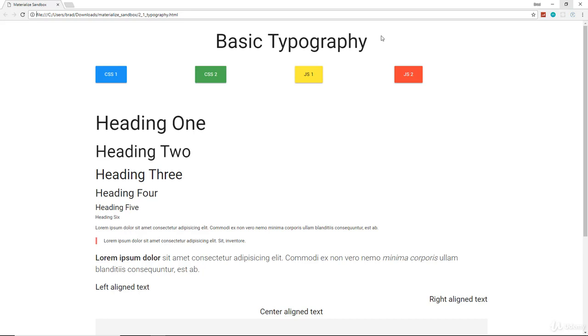All right, guys, so before we move on to the next section and get to work on the Materialize framework, I just want you to set up the Sandbox, okay? So the Sandbox is a collection of HTML files that we have one for each section and one for each lecture, and each lecture will cover a certain aspect. So for instance, Section 2, Lecture 1 is on typography, and you can see the file name here,